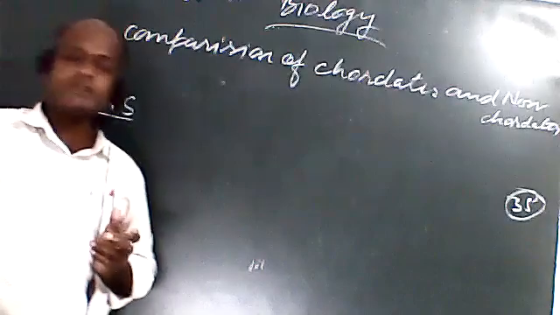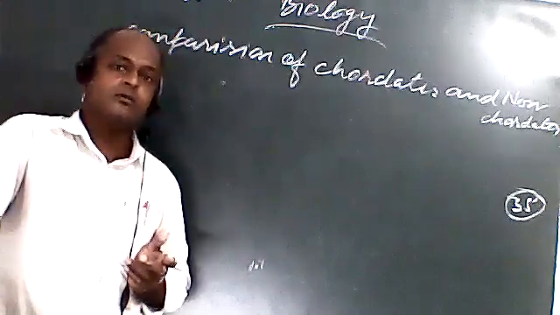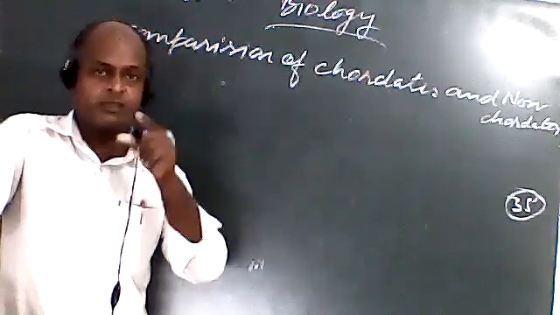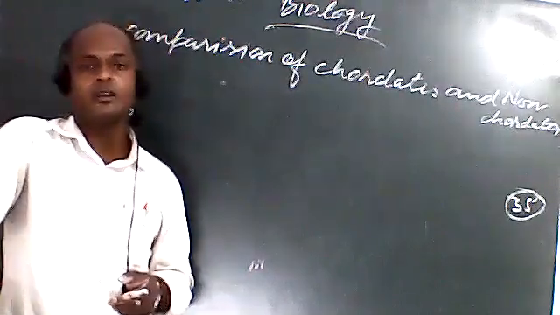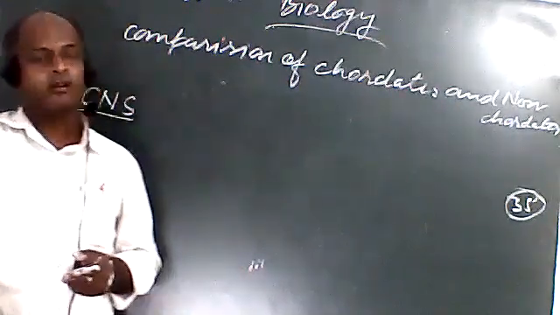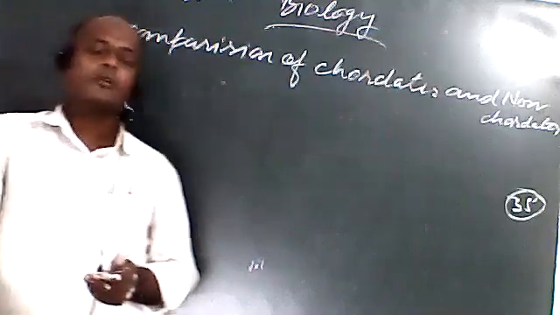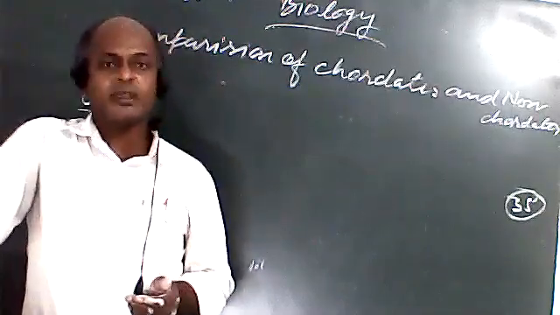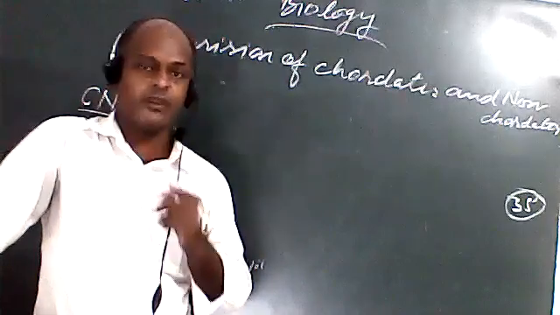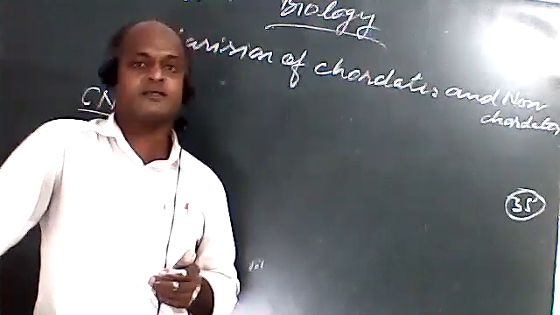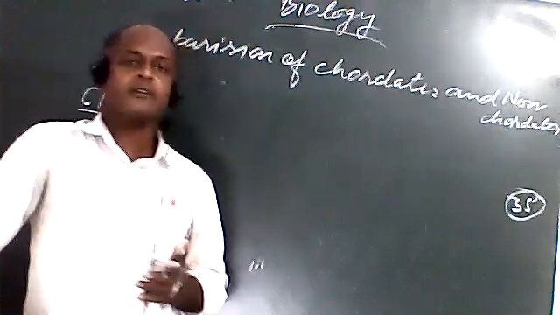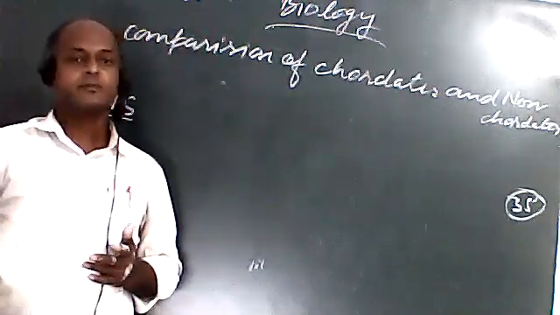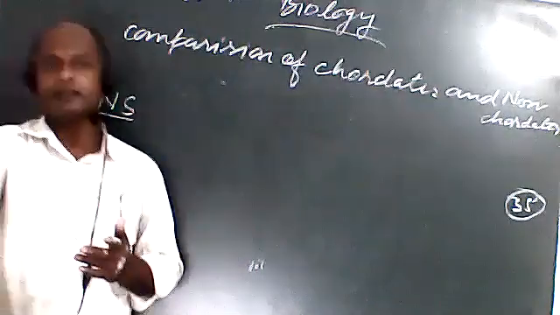The third one is given. There is presence of pharyngeal gill slits. These gill slits are a special characteristic of chordates, which was absent in non-chordates. In non-chordates, there is no presence of gill slits except in the hemichordates. In hemichordates, we have studied that there is presence of gill slits, but except hemichordates, there is no presence of paired gill slits in the body of non-chordates.